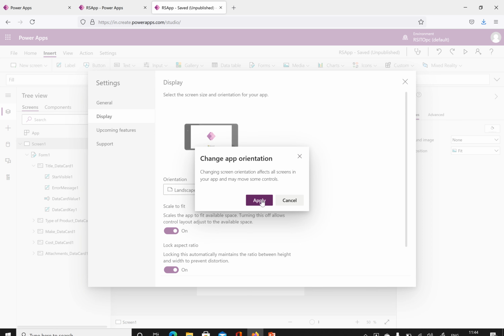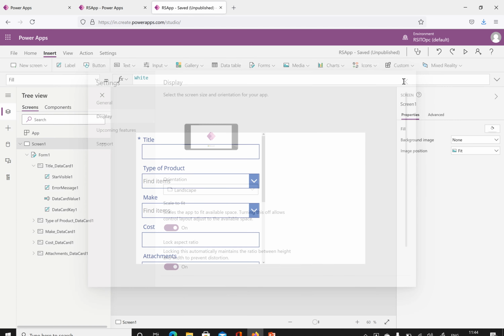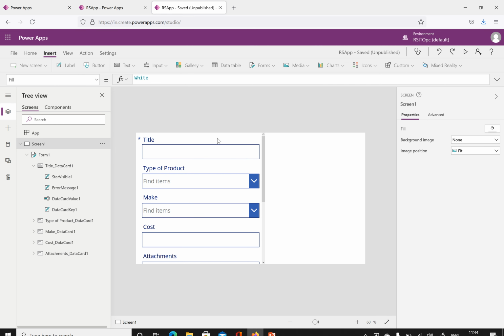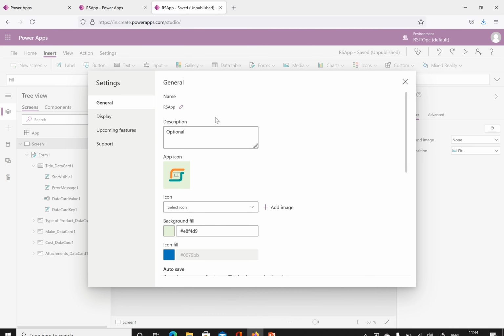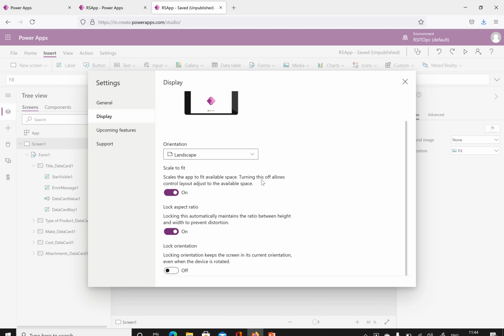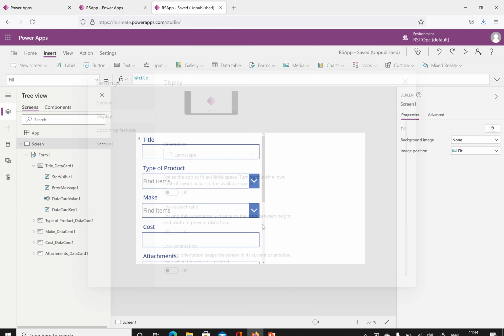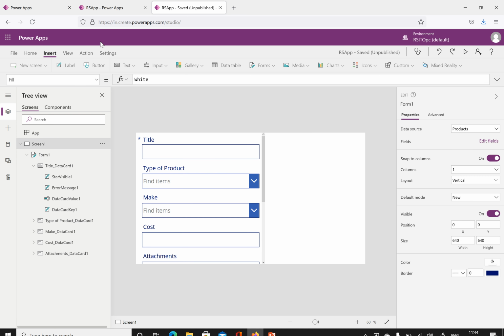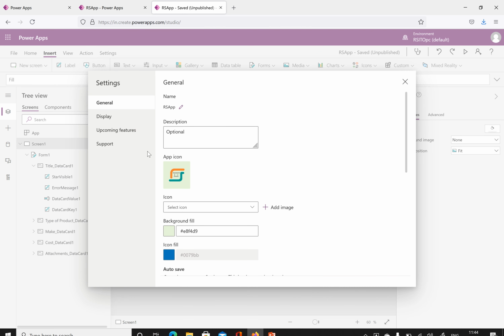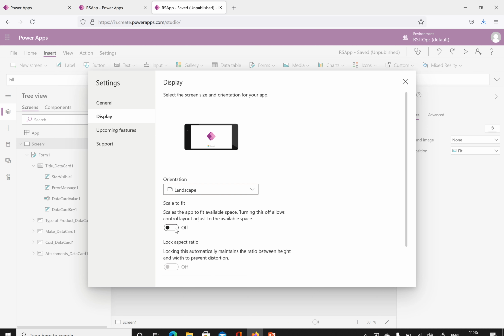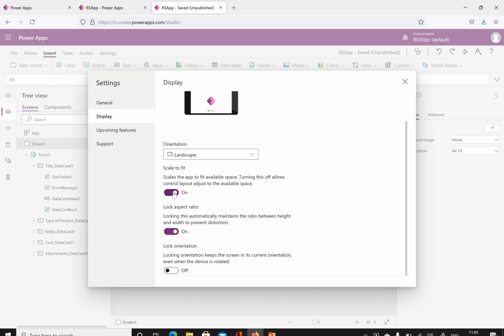For example, if I change this to like this and then close, now you can see this one. And we'll come back here and then scale to fit and then close it. It's not changed, but you can see this. Come back to settings, display, and turn it off. Okay, so we'll discuss this one.